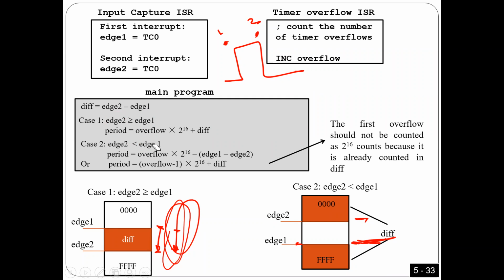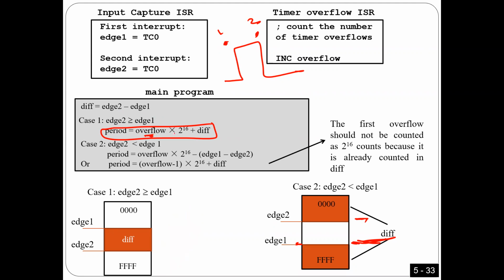Okay, I'm going to tell you what the small difference is. In this case, look here, guys. The time should equal the number of overflows times 2 to the 16, because every one overflow means I count completely from 0 to 1, 1, 1, 1. So that's why it should be 2 to the 16. You make a complete round, right? So the number of overflows times 2 to the 16, plus the difference from here to here. Is that okay? So every overflow means I counted completely, right?